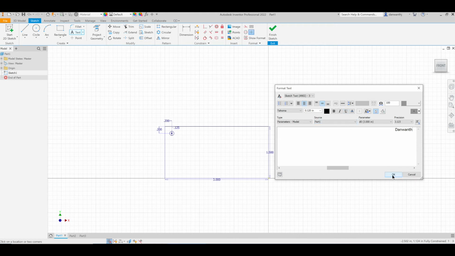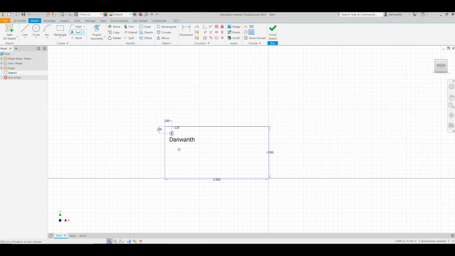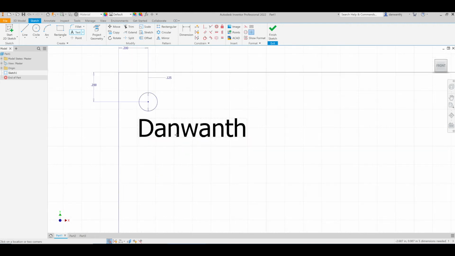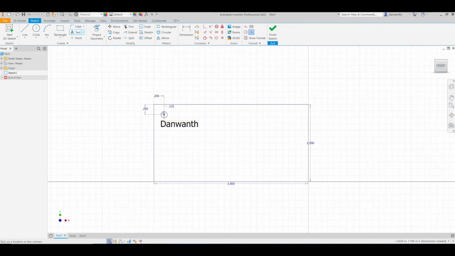And I'm just going to click OK after I set everything up, and my name shows up. It's really small, but that's not a big deal because we can fix that by double clicking this again after we've exited the text command. We can double click this and go back into the text to edit the height and stuff like that, or we could just